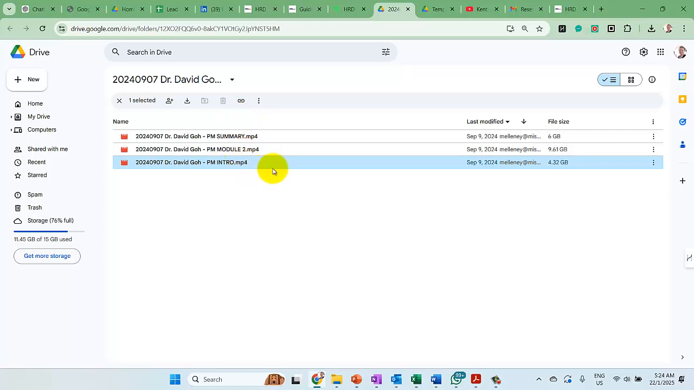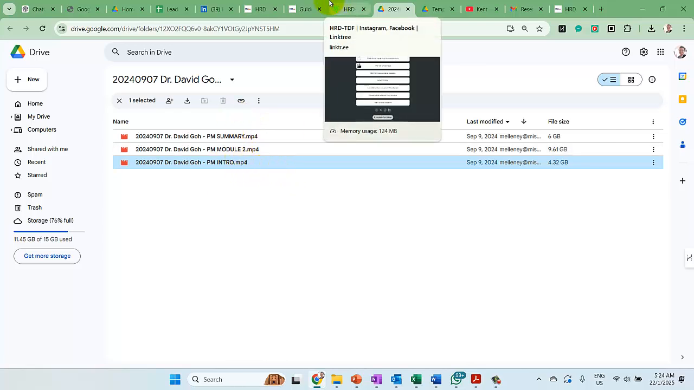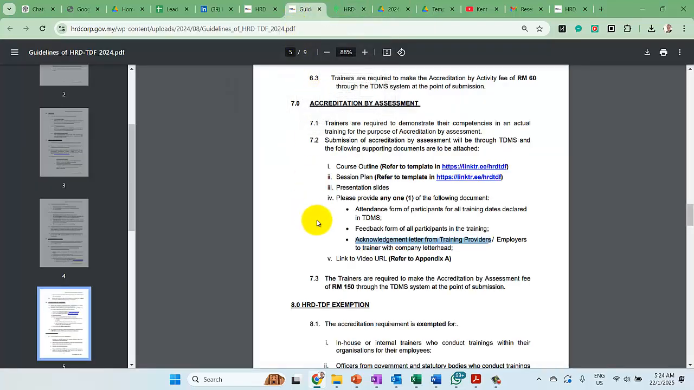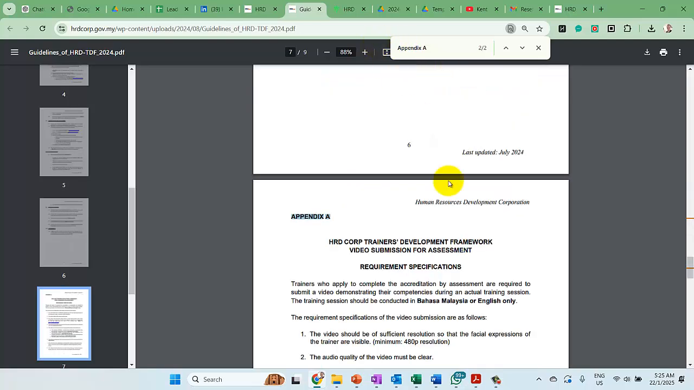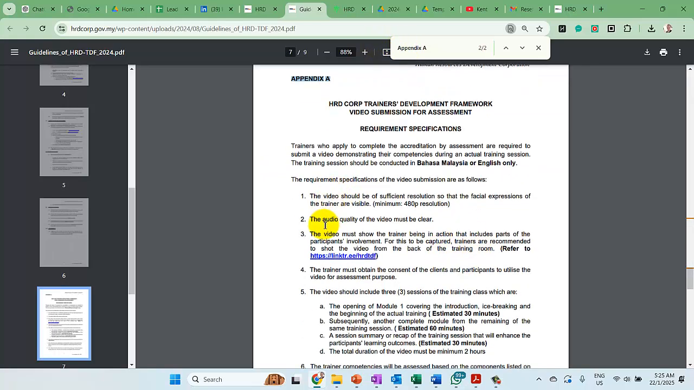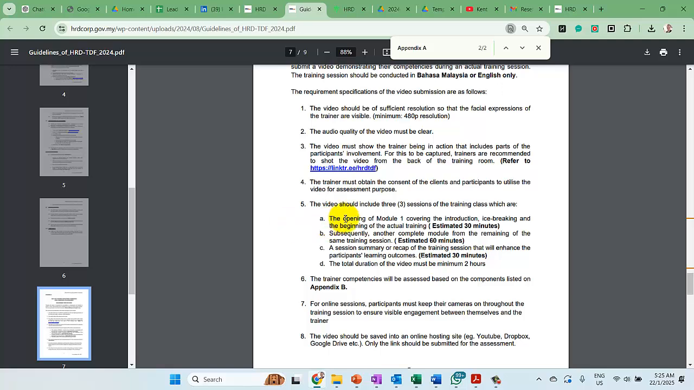You need to provide a minimum of 2 hours. So it is stated somewhere here. Yes, refer to appendix A. So look at this appendix A. I just search for it. Appendix A, yeah. Now appendix A tells you that you see 60 minutes the video should be here